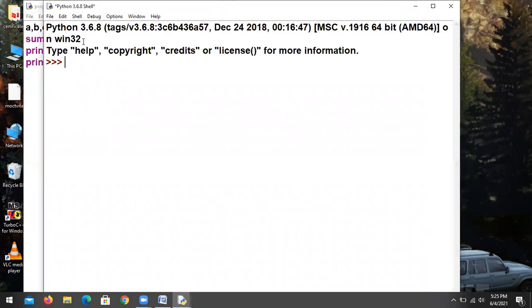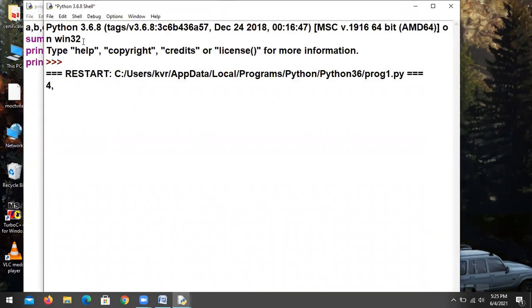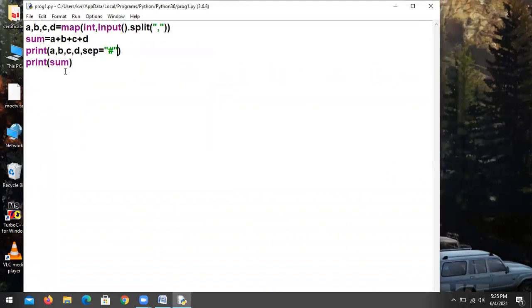4s, 5s, 6s, 7. At the end, I want star. After 22, I want some symbol, dollar. At the end, I want dollar, comma, end equal to